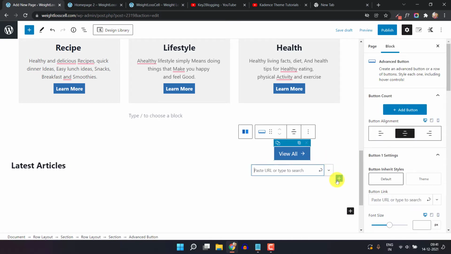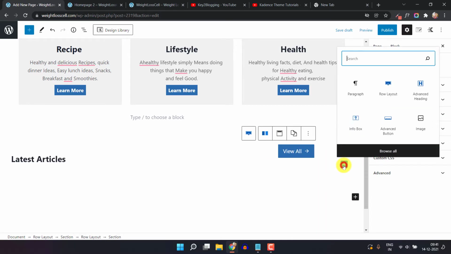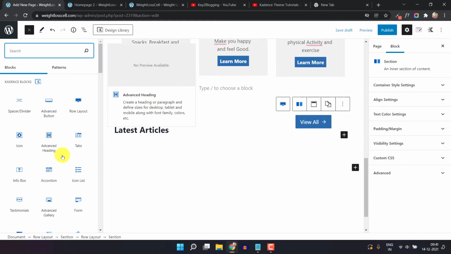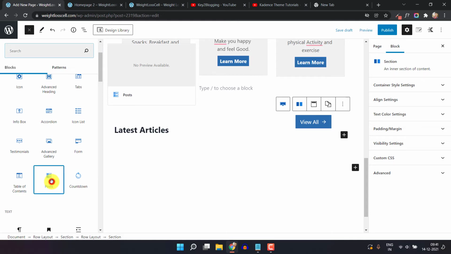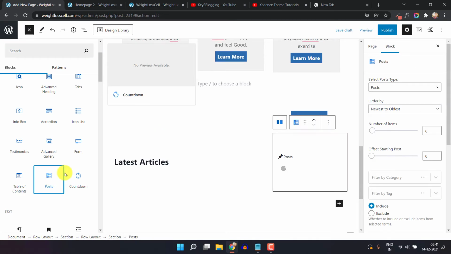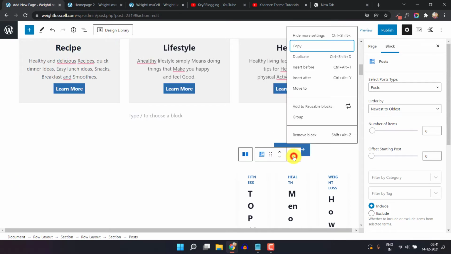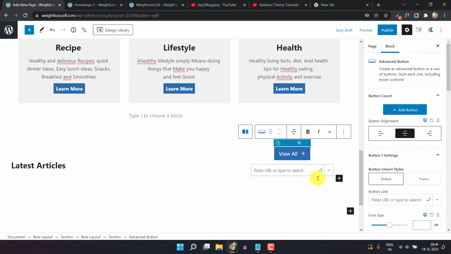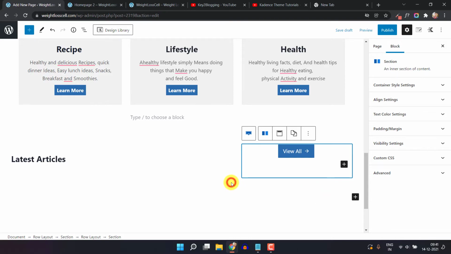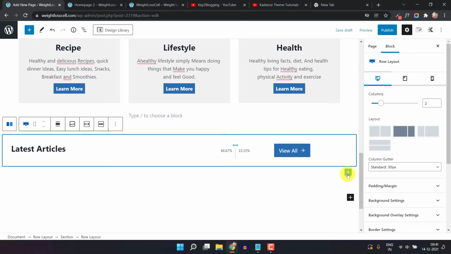So I will click on this and let's search for browse all, and here I will select the post section. So the post is added below the button, so let me just remove this and let's add the post just below the first row layout.